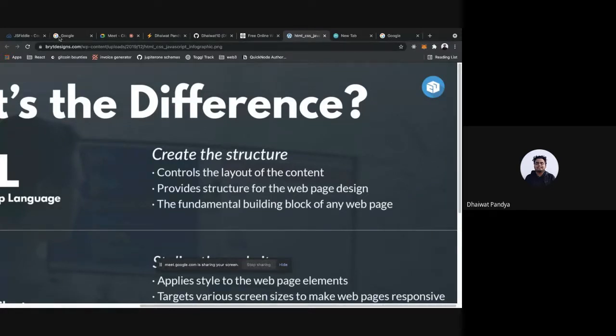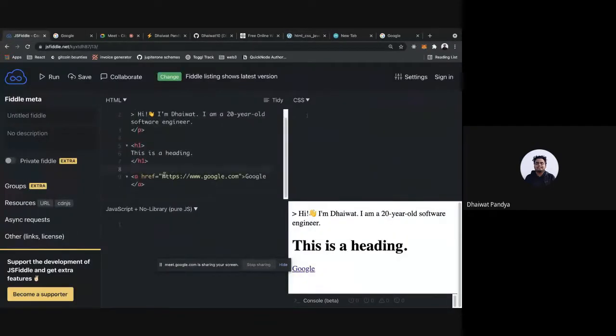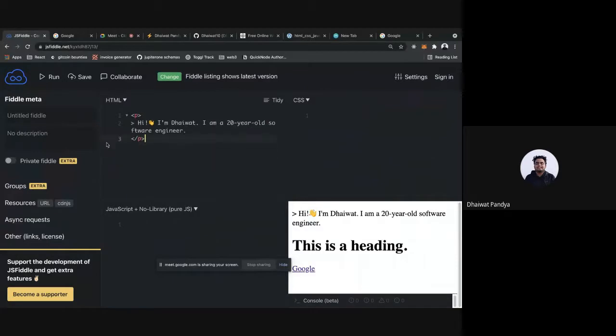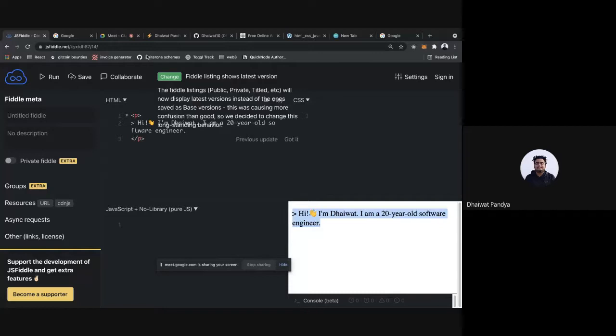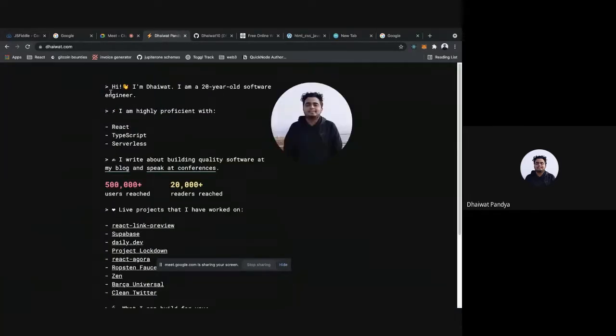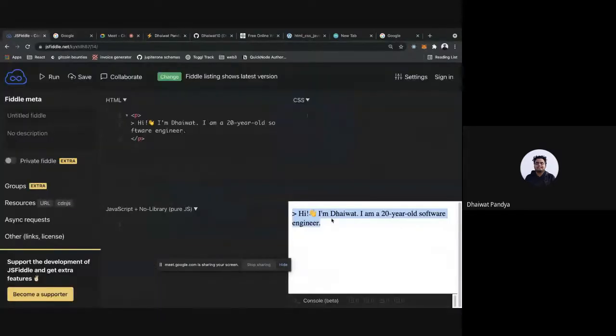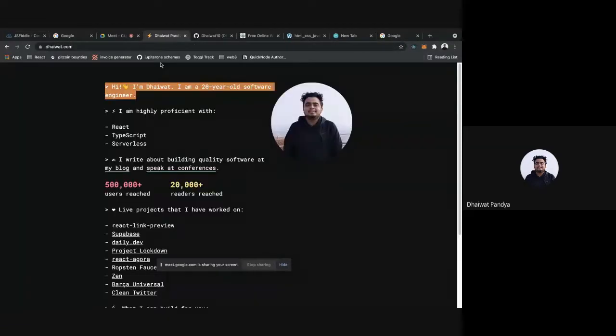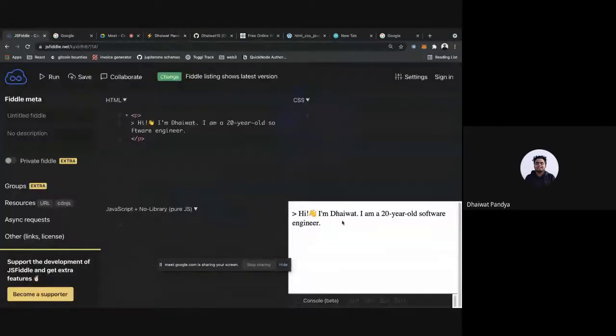So if I remove this and just compare this to this, that's the difference when a site has CSS and when it doesn't have CSS.